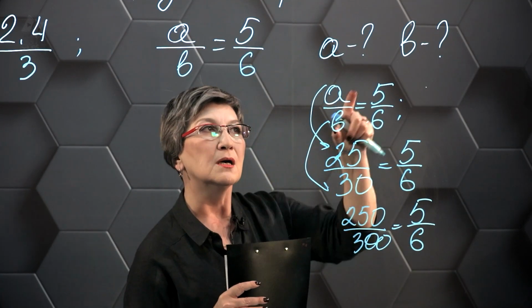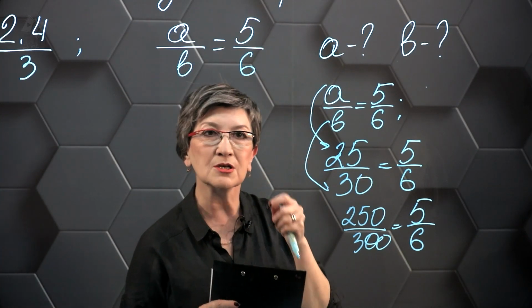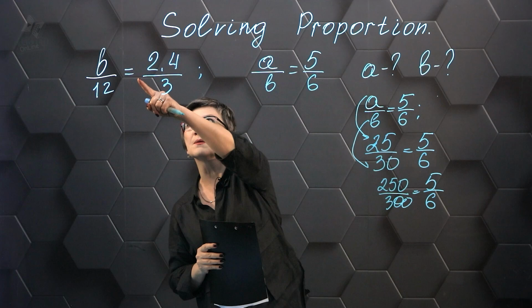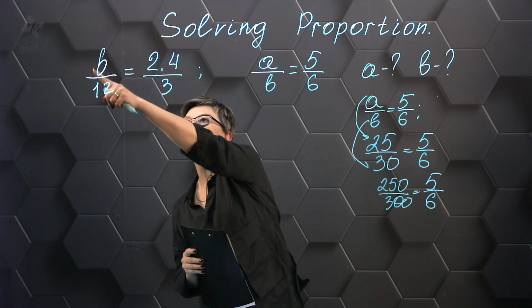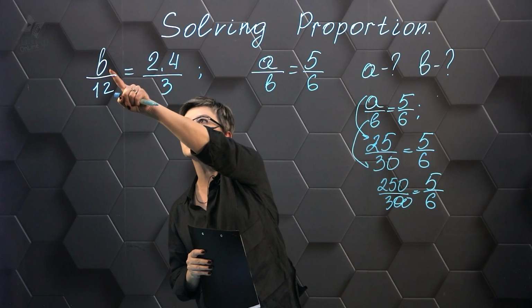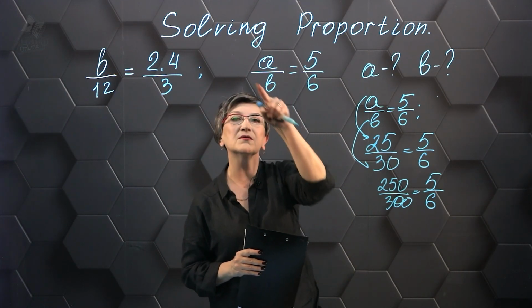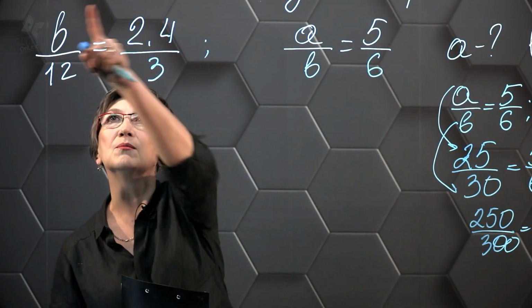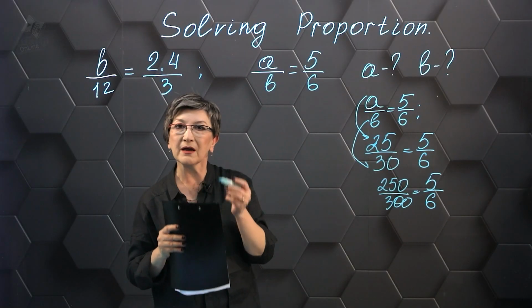So, if I'm looking at the second proportion, there can be a lot of values for A and B. That is why we wrote down the second condition. From the first proportion, we find the value of B, and then we substitute that value into the second proportion. So, if I work with the first proportion, then applying our rule, our algorithm,